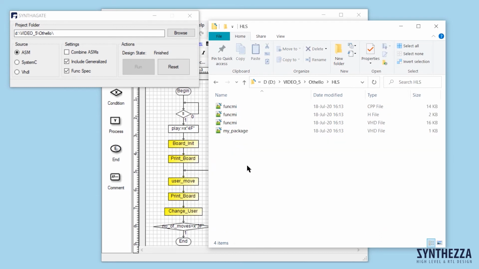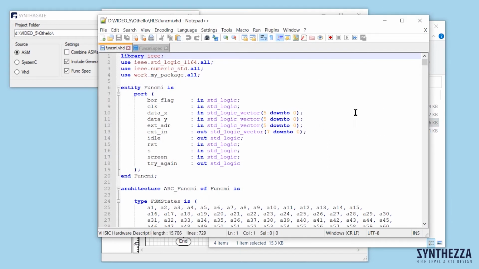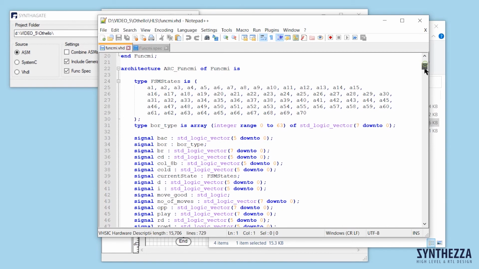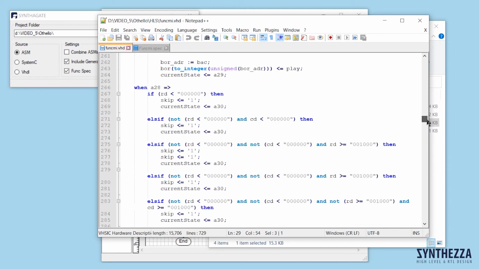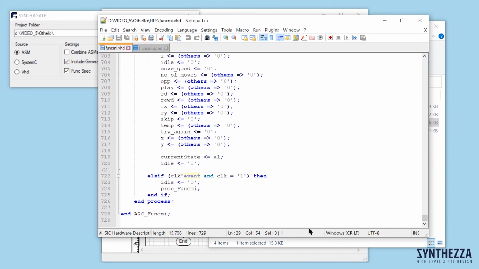Syntagate automatically constructs two designs at the same time. The first in VHDL, file funcmi.vhd, and the second in SystemC, file funcmi.cpp. File funcmi.vhd is a finite state machine with 70 states and